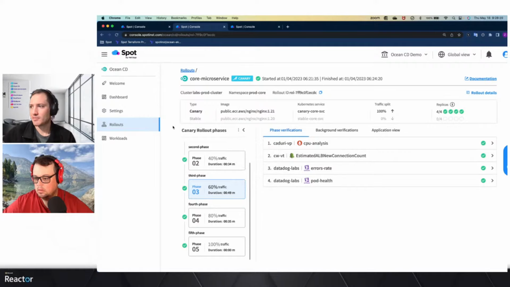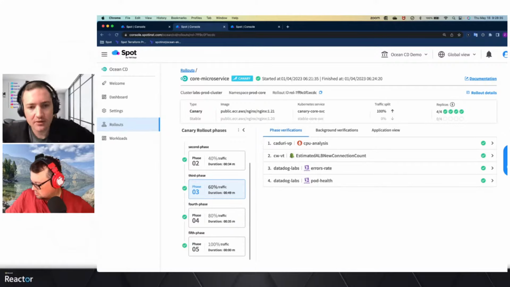I also want to quickly answer one of the questions around the pricing model. OceanCD has two different pricing models. The first one is a per cluster price, a flat rate that you pay based on having our operator installed.